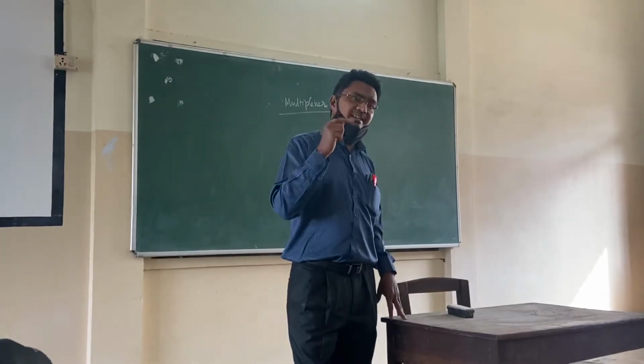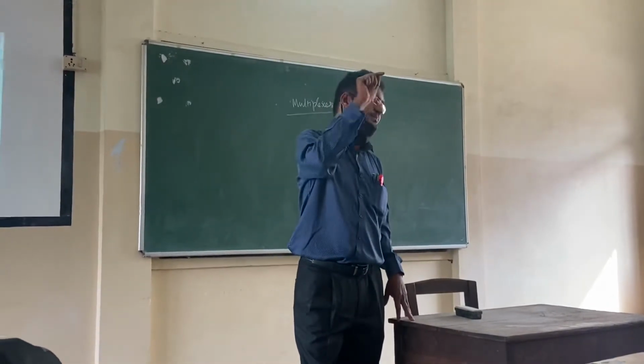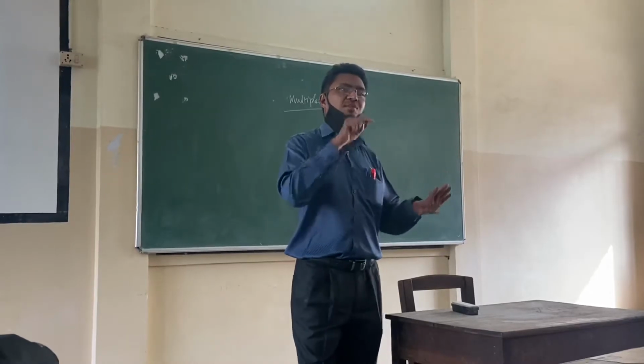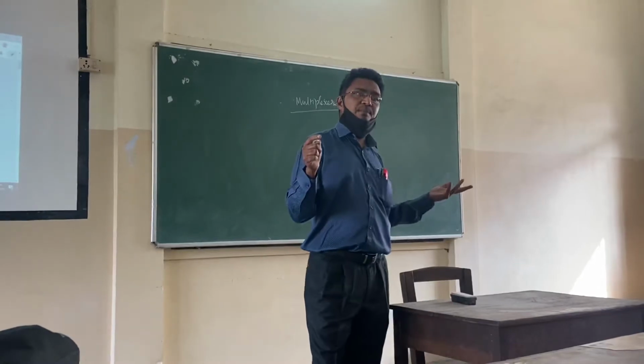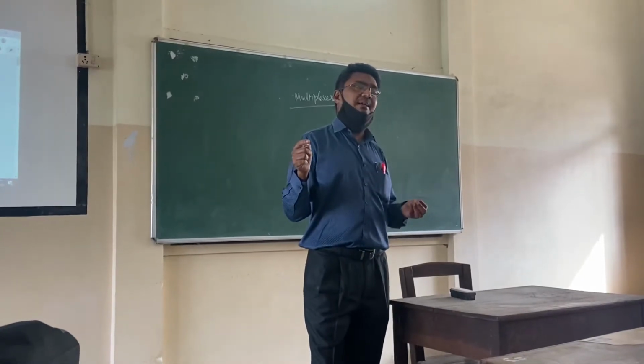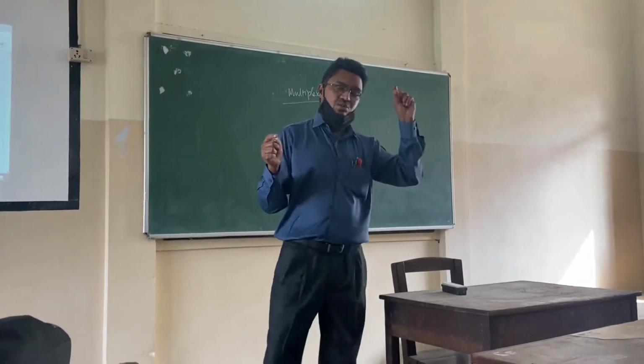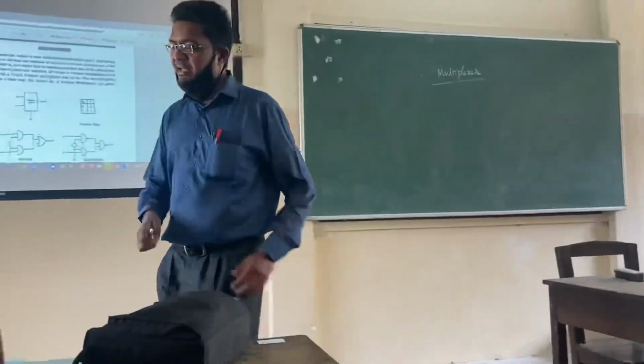And how can I decide it? You put 2 power that number. I have 4 control lines, 2 power 4 is 16. I have 5 control lines, 2 power 5 is 32, like that. So it is decided by that number, that is n. N is 2 power n. Next,